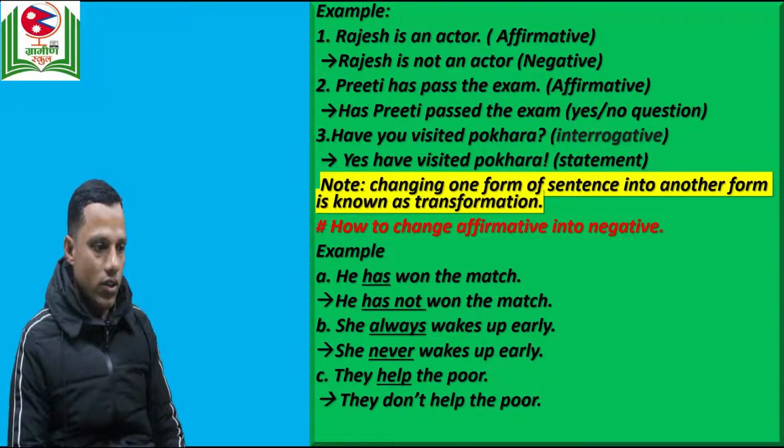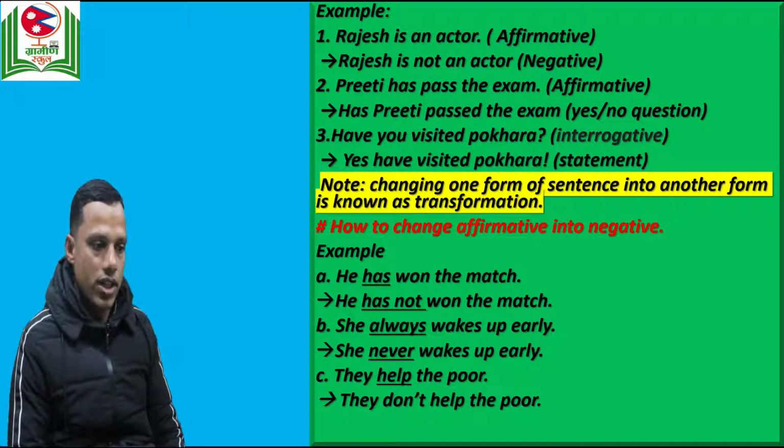Yes. Now number 3 we have you visited Pokhara? This is in interrogative form and we can change this sentence into a statement as you have visited Pokhara. You have visited Pokhara. Now from the above examples, what we can generalize is that